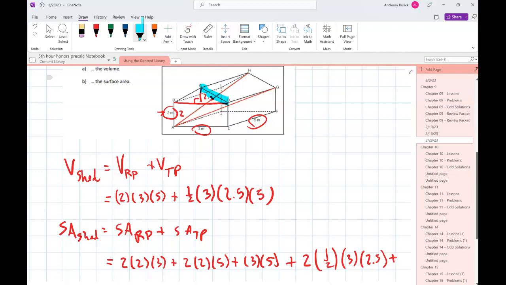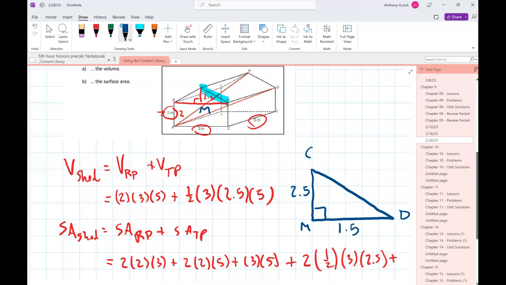We don't know CD yet, so we're going to have to do a little calculation triangle to do that. I'll call that point M so I have something to label it. I know this is 2.5, and I know MD is going to be 1.5. Very good. Since it's an isosceles triangle, I know that height is a perpendicular bisector. So that side is 3,